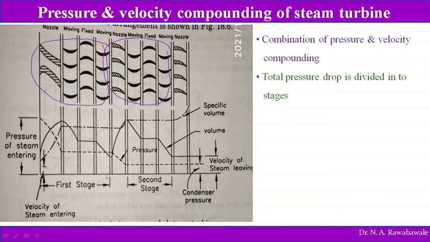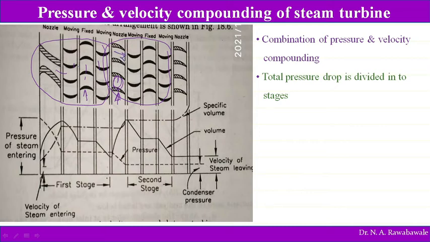So in between this impulse turbine, this is velocity compounding. We can call this a velocity compounding. Moving blade, fixed blade, moving blade, then this is a fixed blade, but this fixed blade acts as a nozzle. So this fixed blade and these fixed blades are different. These have a symmetrical profile, these have a non-symmetrical one. Aerofoil is the profile of this blade. So this acts as a nozzle.